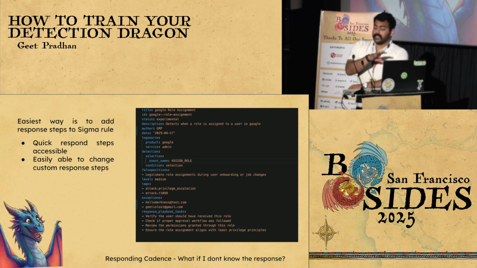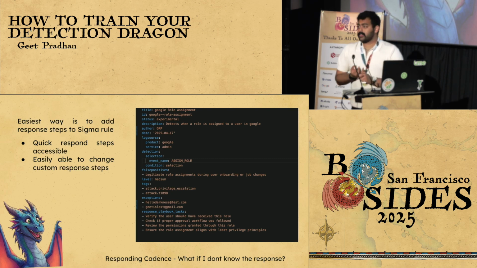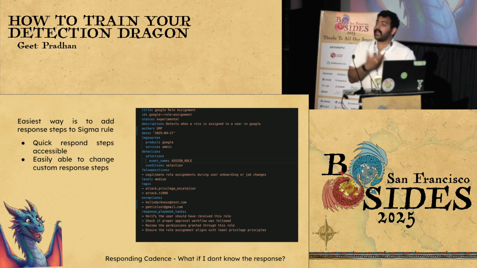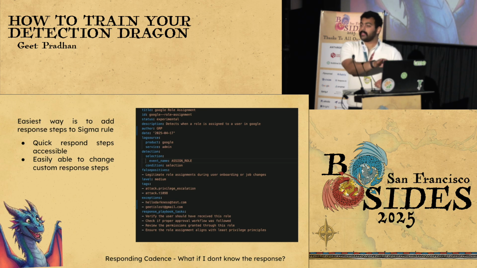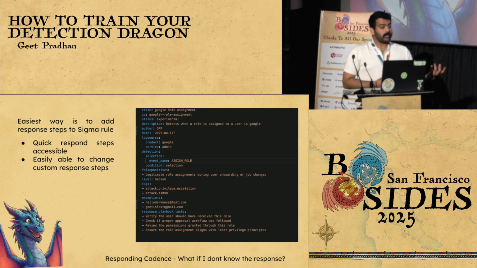Now, in the Sigma rule, for each and every detection alert, you can add a custom tag and just put it right there. You can also do it in your SIEM. You can do it in your documentation. Whichever works for you, you can add it there, right? What I think is good if you're using Sigma rules is that you have it right there. So even if you look at the detection alert that gets hit, you can just reference the exact steps you need to do here, right?